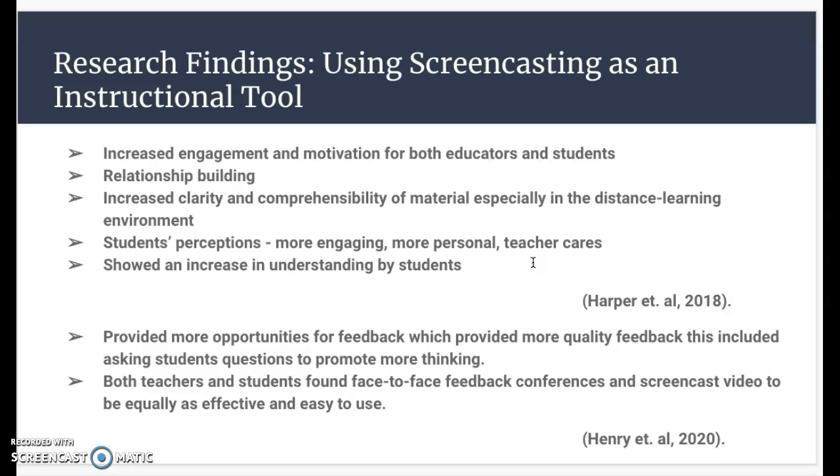So I do want to let you know that this Harper research was done through a distance learning environment, which some of us are still involved in. A student's perception of screencasting was they felt more engaged, they felt that they had a more personal relationship with the teacher and that the teacher cared. Also showed an increase in understanding by the